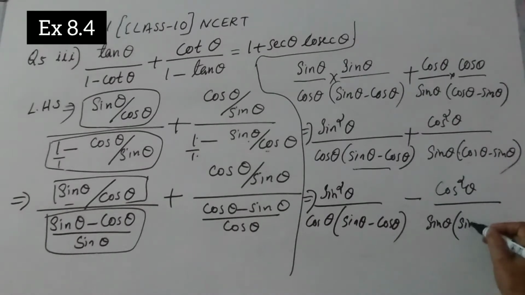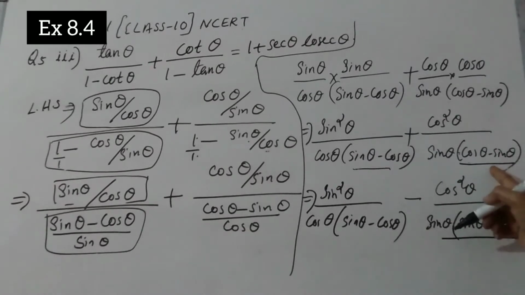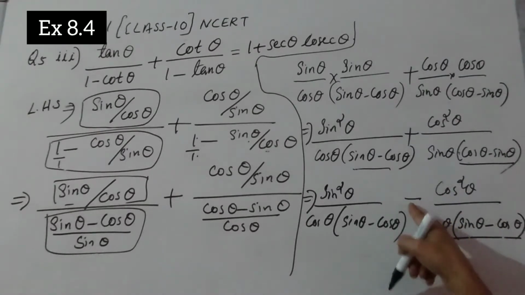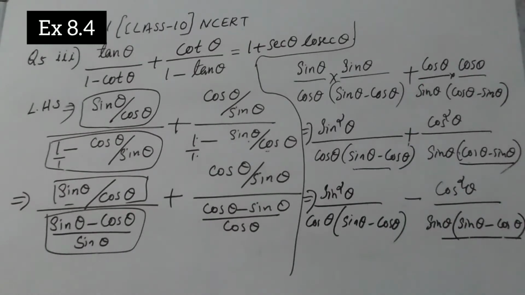In the place of cos theta we can write sin theta, in the place of sin theta minus cos theta. So we change the sign. For this purpose, listen here, this part only we are making. Cos theta minus sin theta we converted into sin theta minus cos theta by taking a minus sign outside. So the minus sign will come here on the plus side, and in place of the plus sign we are converting that into a minus sign. Now it is easy for us to take the LCM. So when we are taking the LCM, I will take the LCM this side.